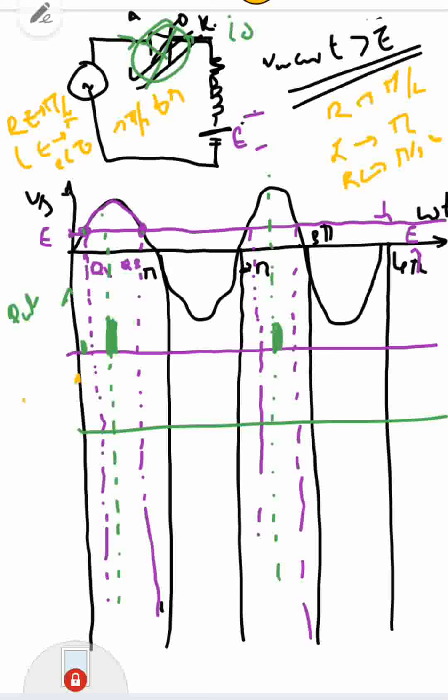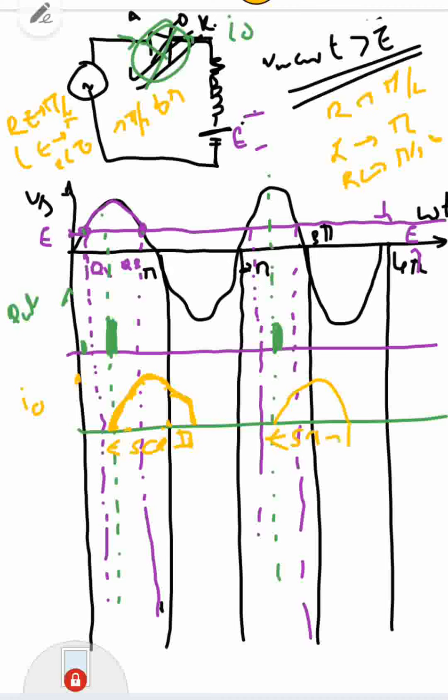So I am going to draw the output current I0. The current starting point is here and it will reach peak value between pi by 2 and pi. This is pi and this is pi by 2. So current reaches peak value somewhere here, and it depends on the value of the inductor. Current may decrease to here, current may extend here, any value that you can draw. It all depends on the value of the inductor. Okay, so I'm going to draw the current like this. During this interval assume that SCR is conducting.